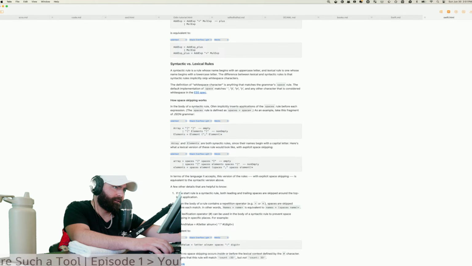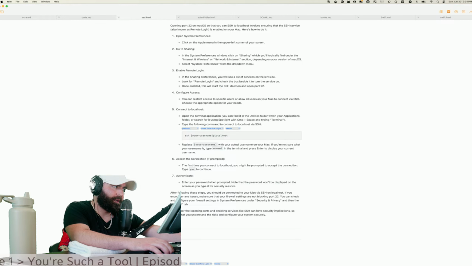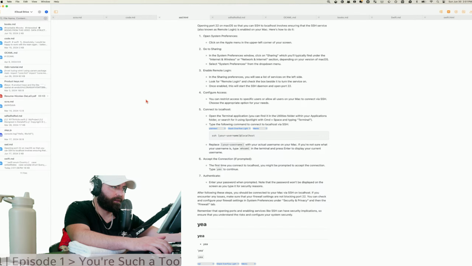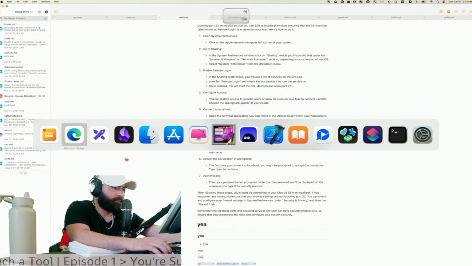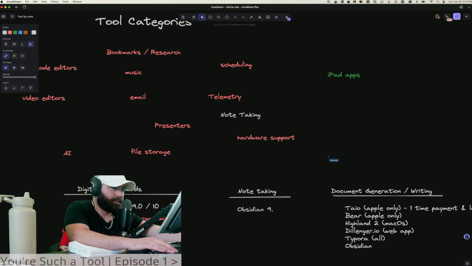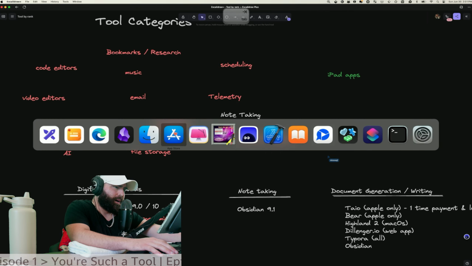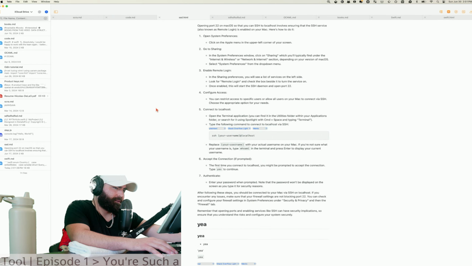So you got your basic editor window, right? You can have tabs, and it's all similar to Obsidian, just raw text files that you can have in any directory. But what I like about Taio that Obsidian is, actually, let me ding. I forgot about the vault thing, so I'm going to give this a 9.1 again. Because Obsidian requires you to have that vault file, which is like an index of all your notes. Taio doesn't do that. It just reads the directory that you pointed at. And I like that. I prefer that.